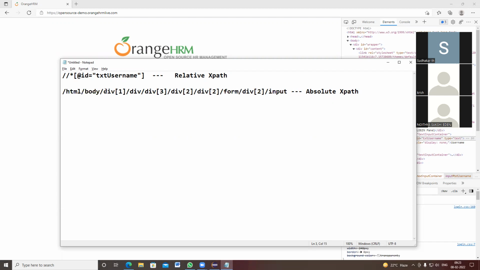The second reason is, in case the developer changes the code in between. There is quite some time that the developer team keeps on changing the code. So if the developer is keeping on changing the code,